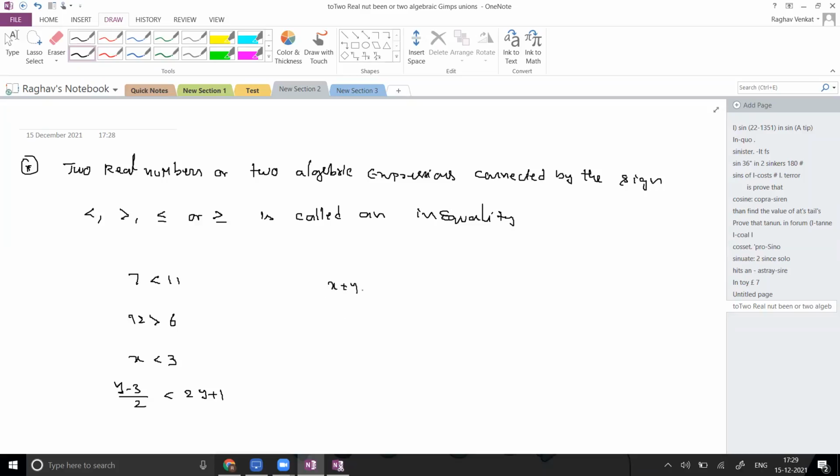x plus y less than 1. By seeing the expression, based on your previous knowledge, you can say there are x and y values, and if I add those values, the sum should always be less than 1. What is the possible set of all x and y values which comes under the solution set of this expression? So when it comes to inequalities, you can understand that a linear inequality doesn't have one solution. It has many solutions. With that, the topic is over.